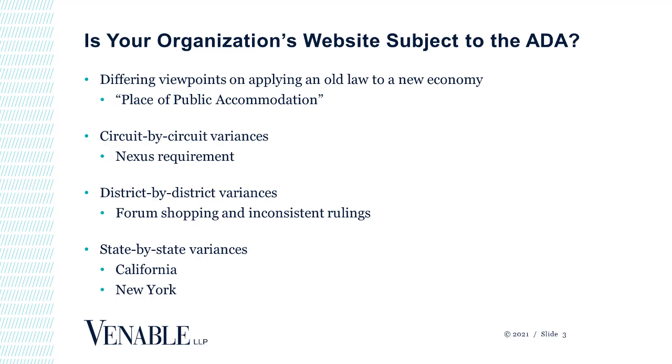As a result, we've seen, I think, a decrease in the volume in cases in California, and we've seen an increase in some other popular venues like New York, Pennsylvania, for example, Massachusetts. New York, likewise, has a state anti-discrimination law that provides some other hooks for monetary relief. So if you're doing business through brick and mortar in either one of those locations, we're going to want you to take a particularly close eye on this, because you may be a more attractive target to the bounty hunters.